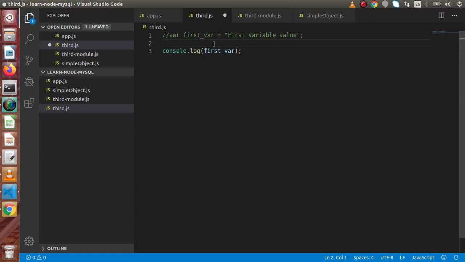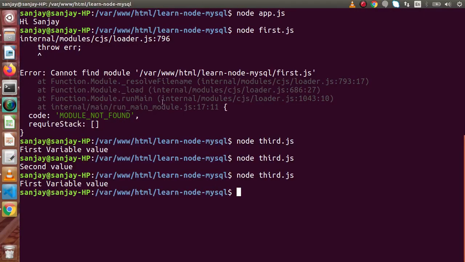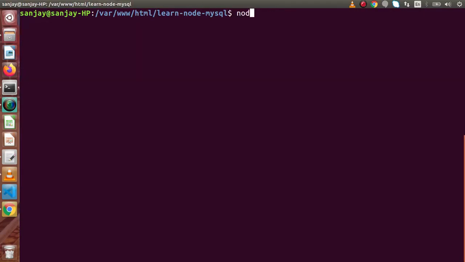If I comment out this line and simply write module here, it appears as a global object in Node.js, but it is not a global object. Simply by typing module, it stands for the current module: its properties, functions, and behavior are all stored inside this module variable. So back to the terminal,